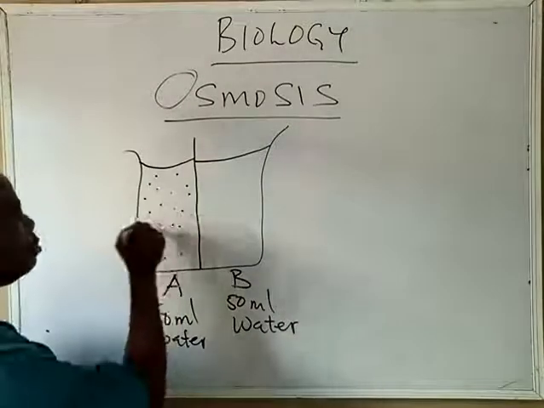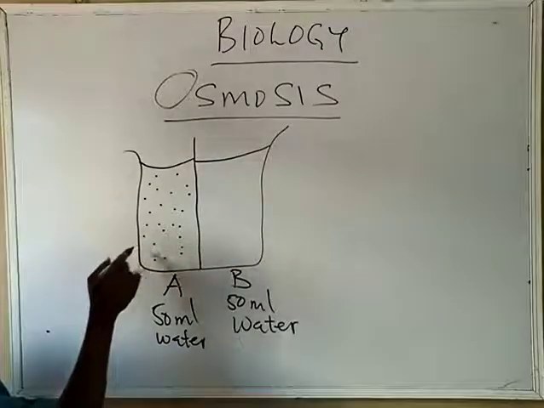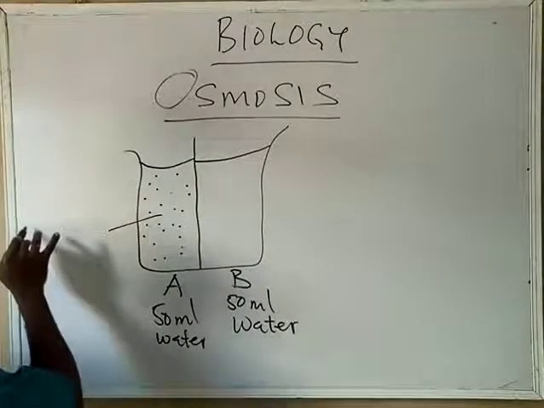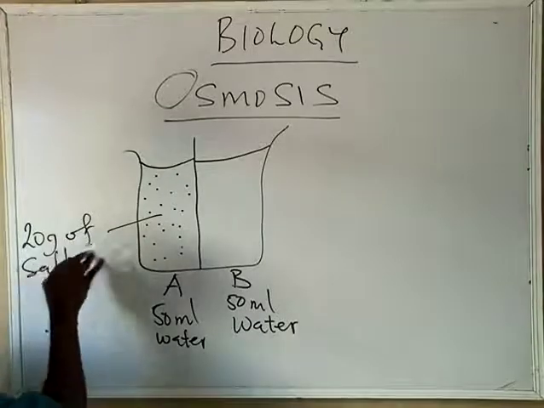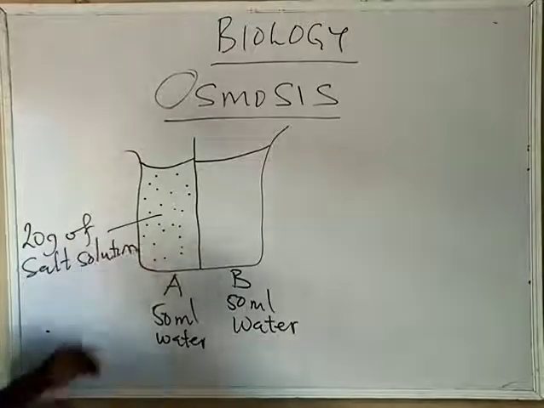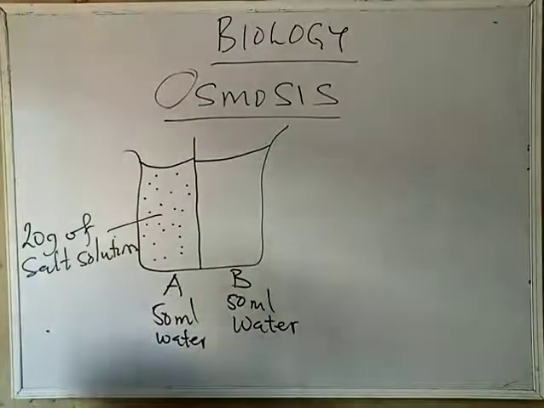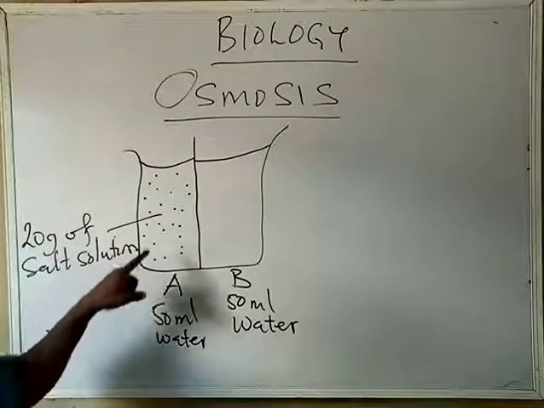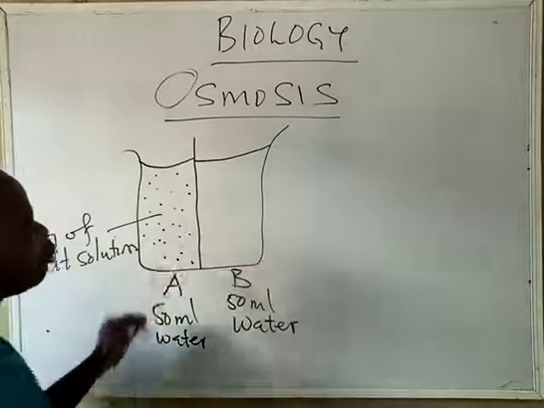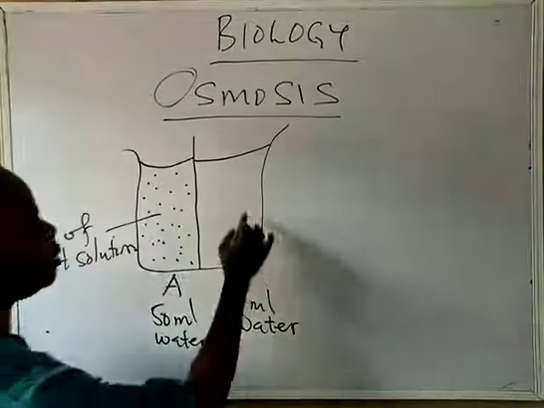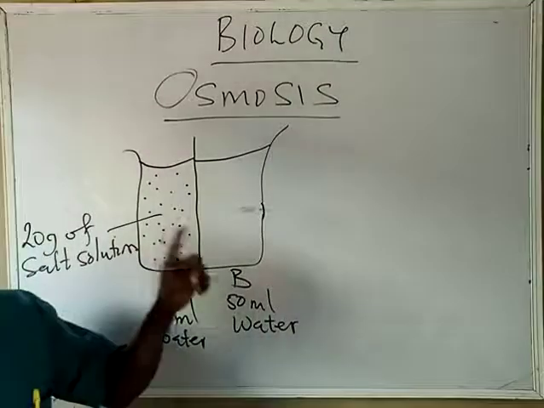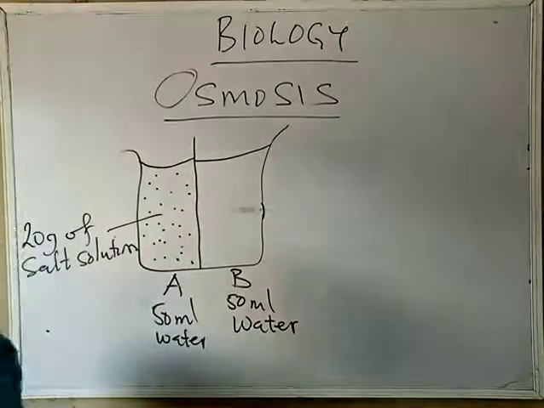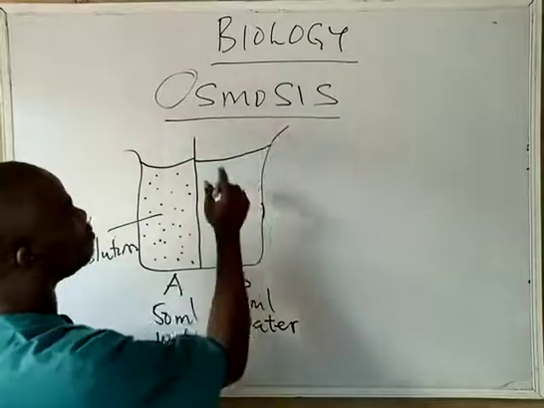then you dissolve 20 grams of salt. So we have mediums A and B. Then you dissolve 20 grams of salt here. But assuming that you don't have salt solution here, this is water, as we have said. This is ordinary water. We are saying that by osmosis, if these two media are separated by a semi-permeable membrane,